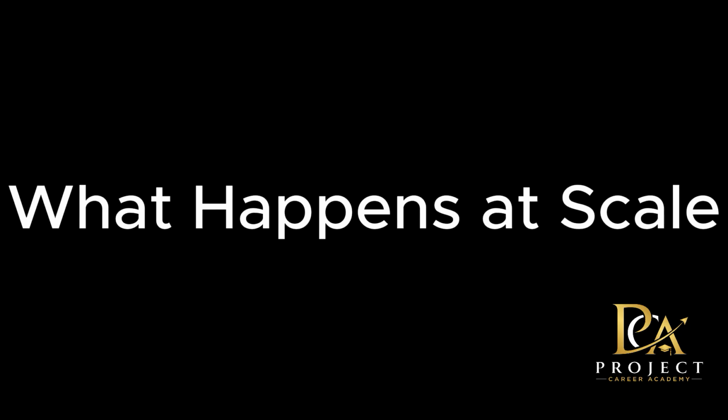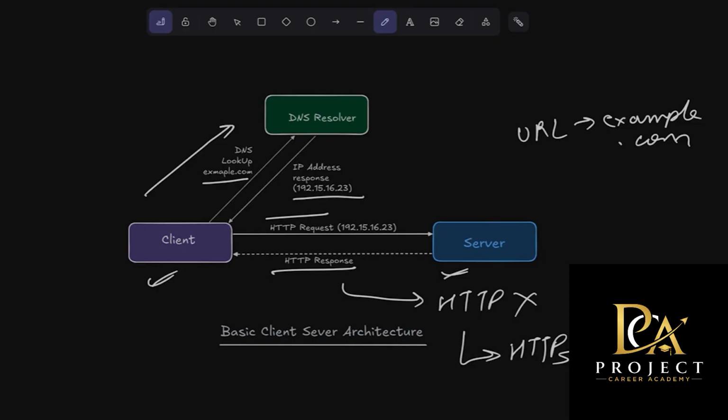Now let's say your system gets popular. Your application becomes successful. Initially, you had 2-3 users per day, and then suddenly there are like 10,000 users per day. So the server would naturally be under pressure. To handle the additional traffic, you might increase the RAM, CPU, or the storage of the server. This approach is called vertical scaling. Vertical scaling is basically making the machine more powerful. So you can increase the CPU, RAM, storage, basically the processing power of your server, and for a while, this works perfectly. But the problem is vertical scaling has its limits.